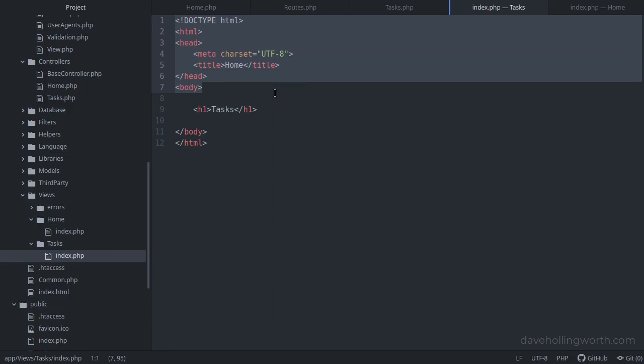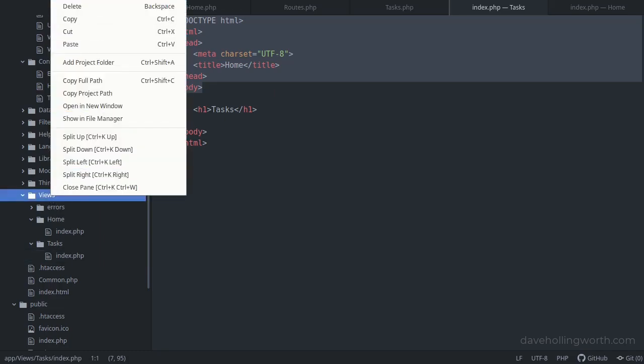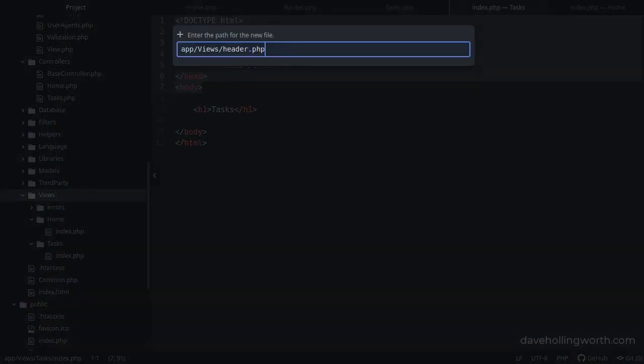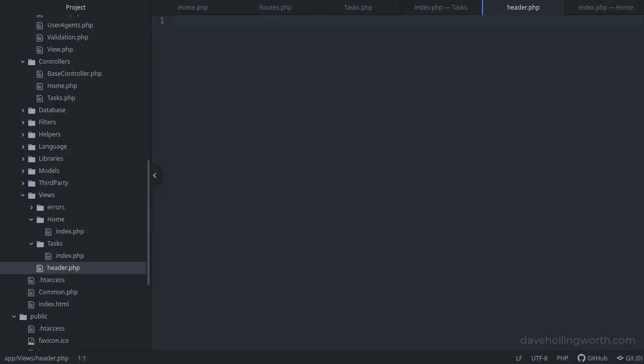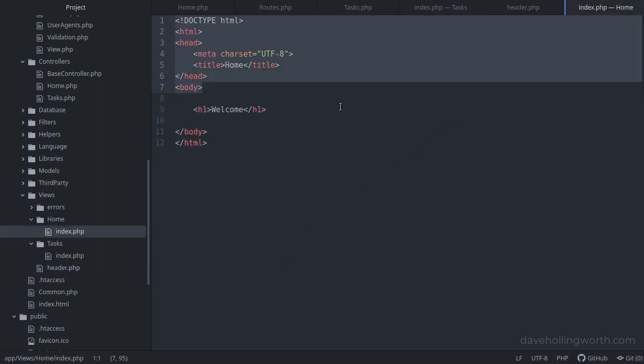First we'll copy this, then we'll create a new file in the App Views folder and call it header.php. Note how this isn't in a subfolder of the Views folder, and we'll paste the code we just copied in here. In the home index file, we can now remove this header code